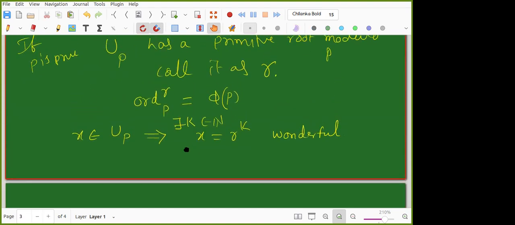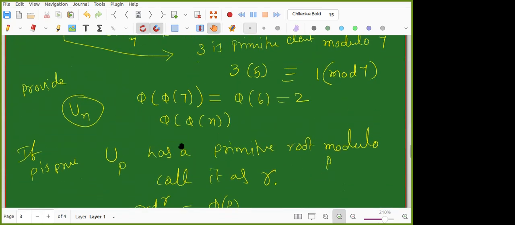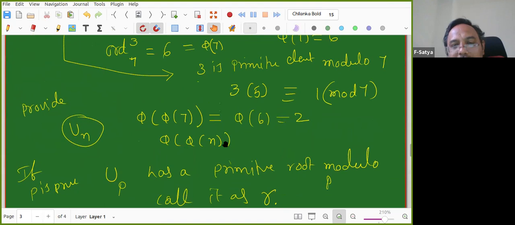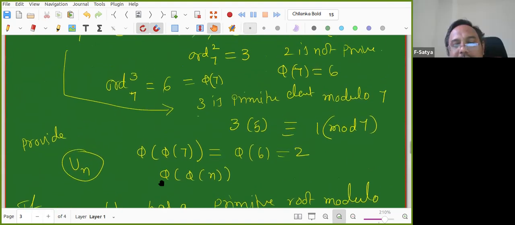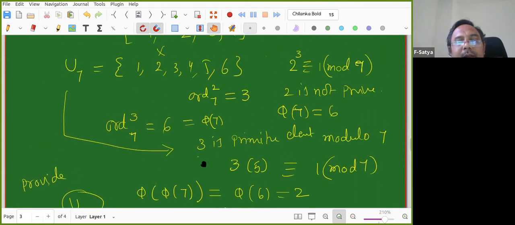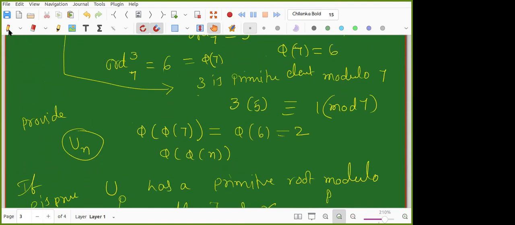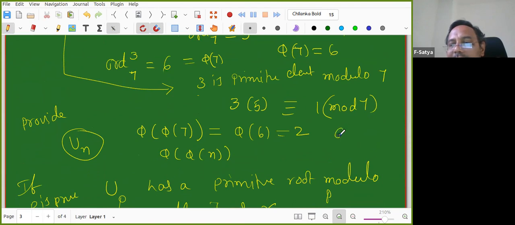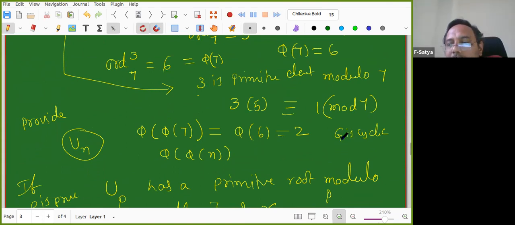Excuse me, sir. Above, how did you get phi of 6 equal to phi of 7? You have some doubt here. Yes, sir. How did you get this? Phi of n. Actually, I need to prove it. But are you doing a group theory course? Yes, sir. Okay, then I'll just tell you, other people can also listen. If G is cyclic, the number of generators equals phi of the order of G.